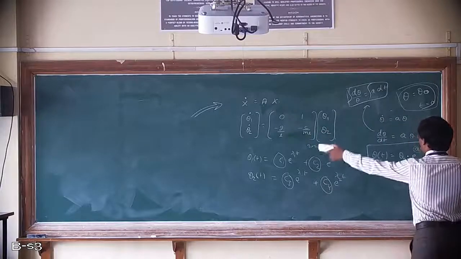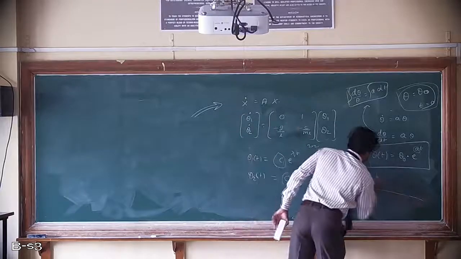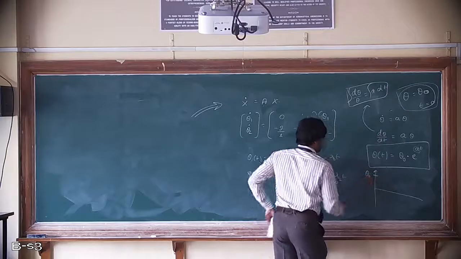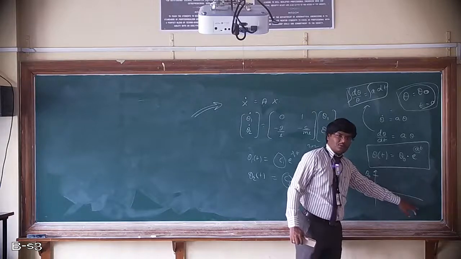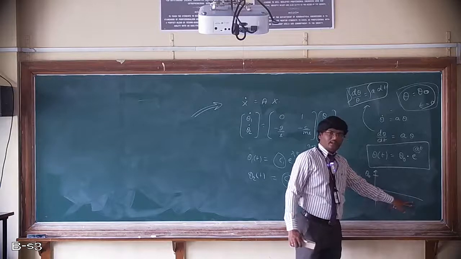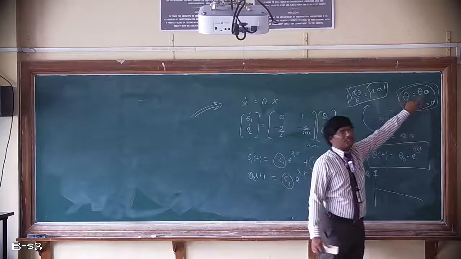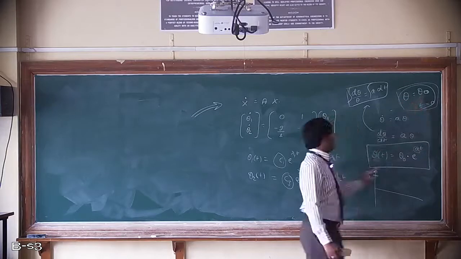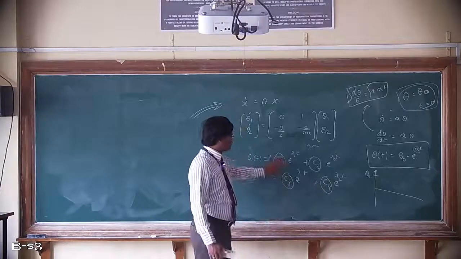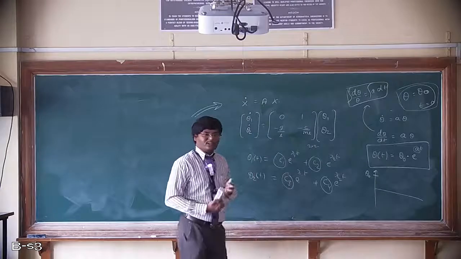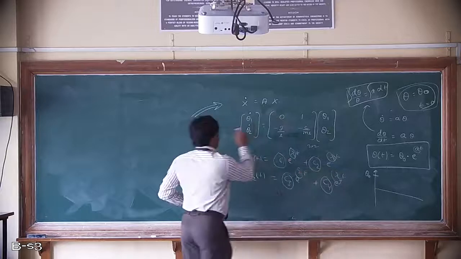So what about here? In these graphs, if you see, this is theta naught. Stability is nothing but whether the system is coming to the initial position or not. That stability analysis depends especially on this A, not on this theta naught, right? The same way here, C1, C2, C3, C4 are not that important for stability analysis. Especially the important things are lambda 1 and lambda 2. Are you getting? Lambda 1 and lambda 2.